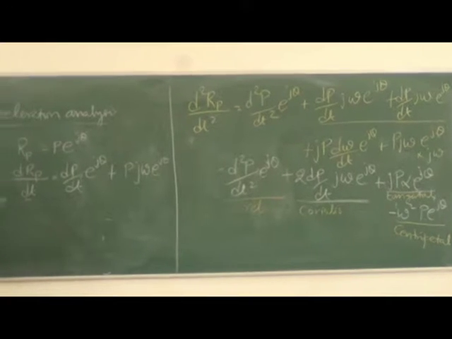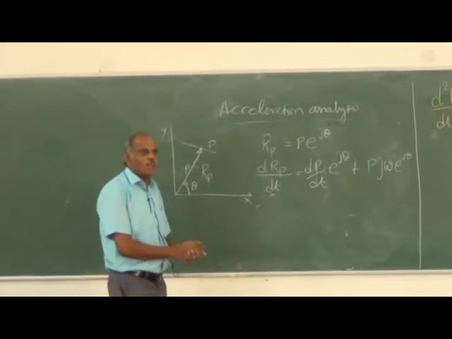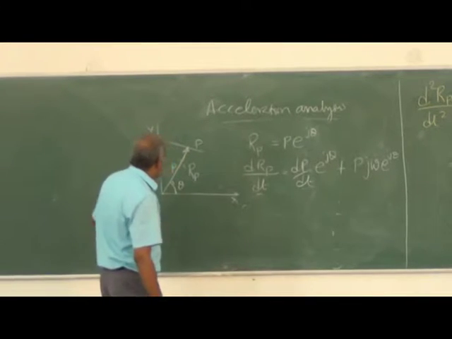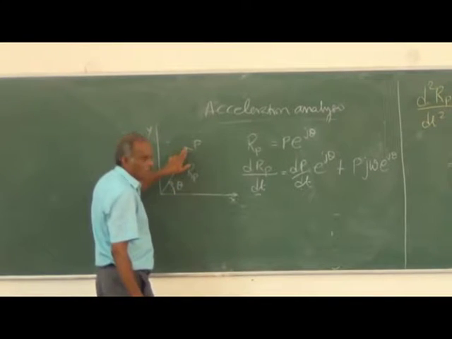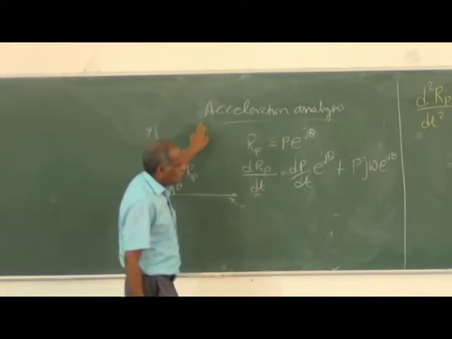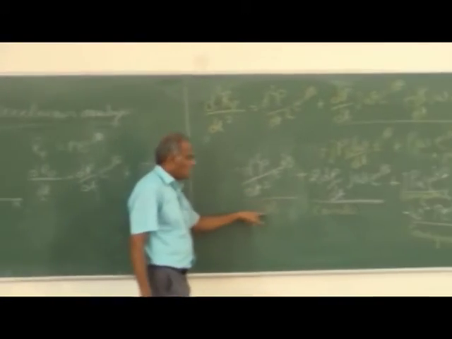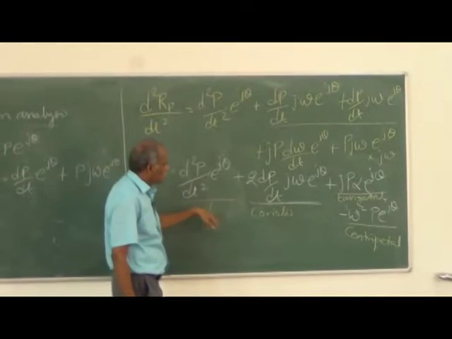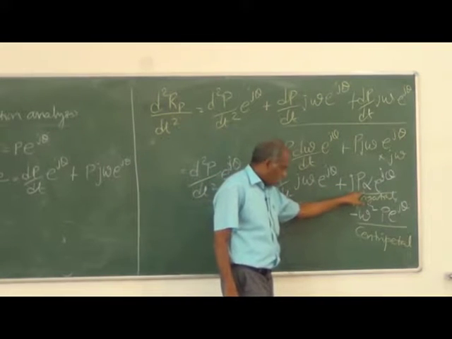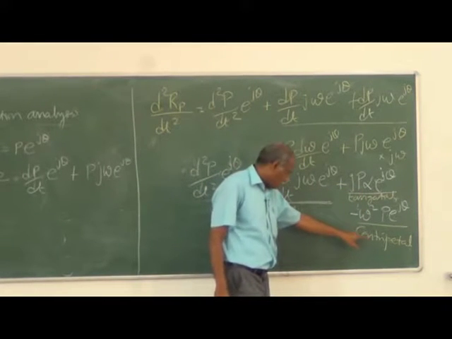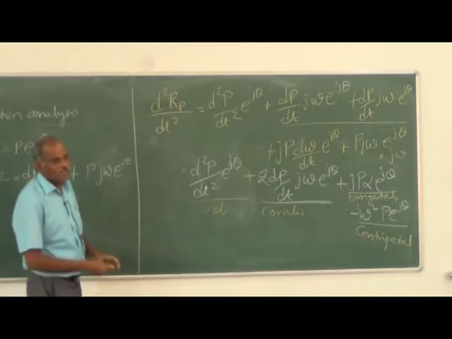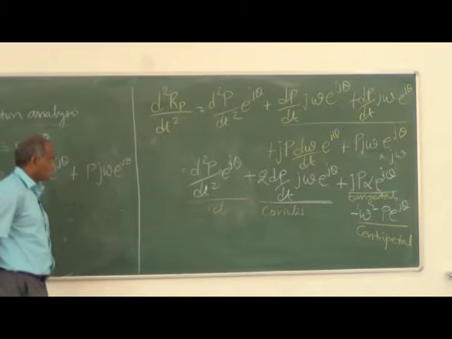So you see that a point in a rotating frame will have all these components. There is a point P which itself is moving, then you will have this relative acceleration, then a Coriolis acceleration, then tangential acceleration, then a centripetal acceleration. These four components will be there, and you have to take them into account.